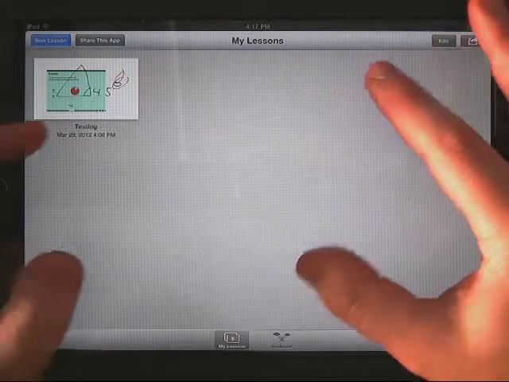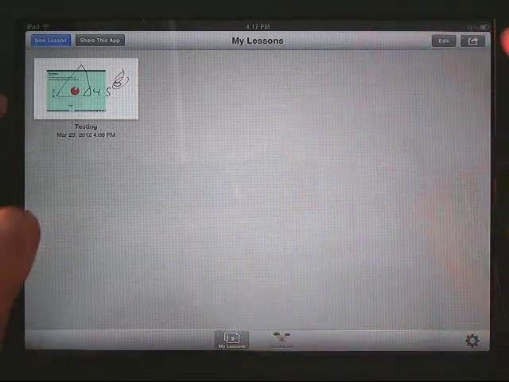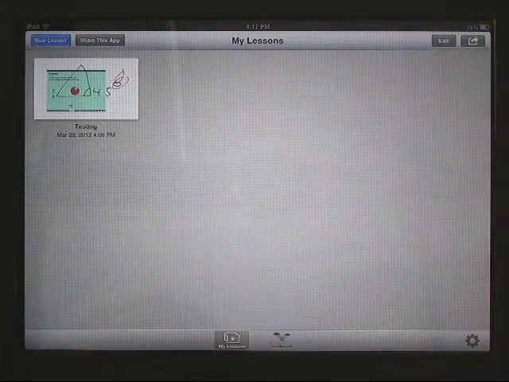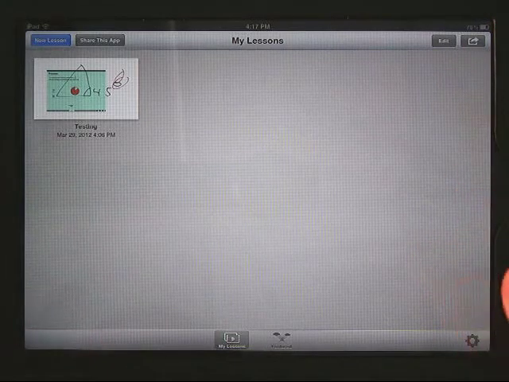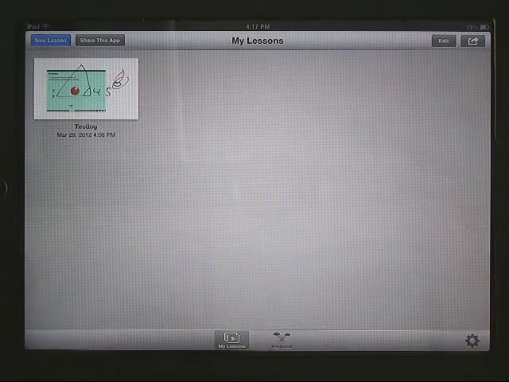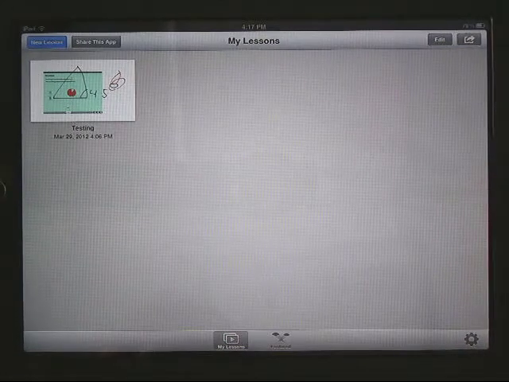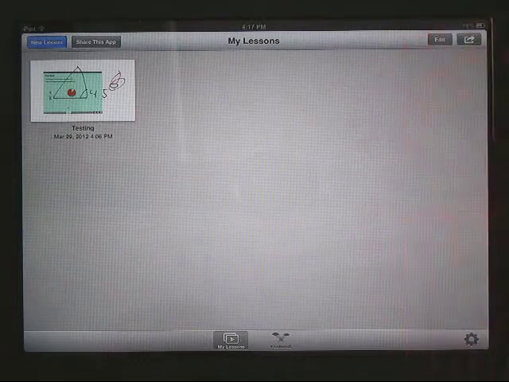What it does is it gives the students a whiteboard space that they can draw their thinking, and also lets you record the voice as they're drawing. So it's a screencasting tool, and then taking that annotated video they create, saving it and sending it. When you bring up the app, it comes up to your lessons that you've already created, or the